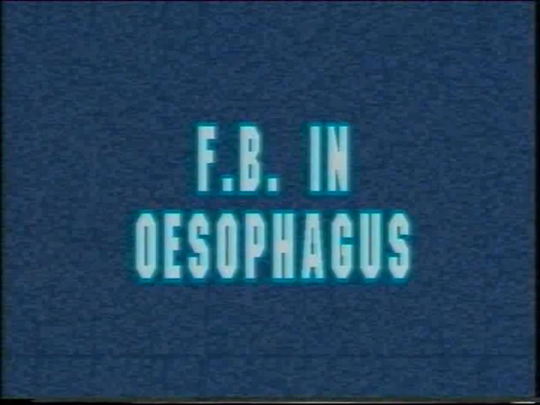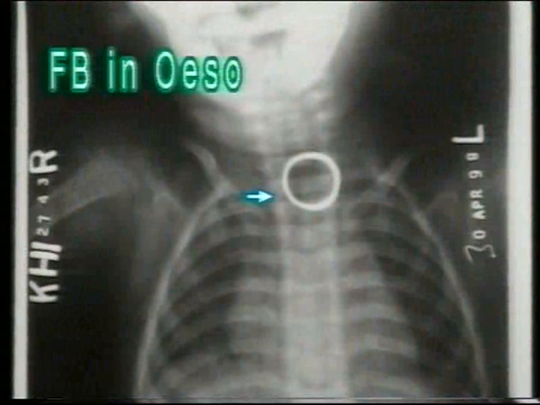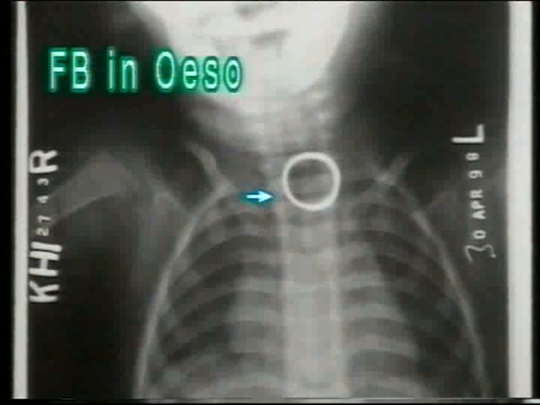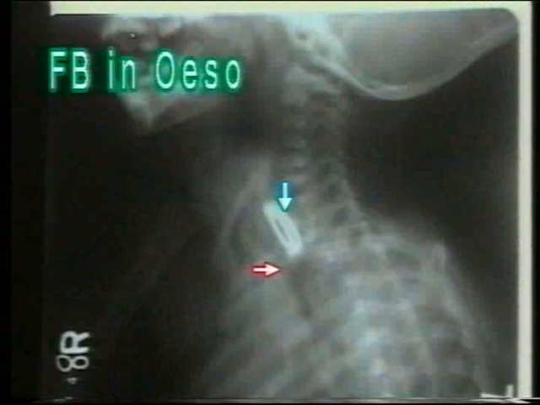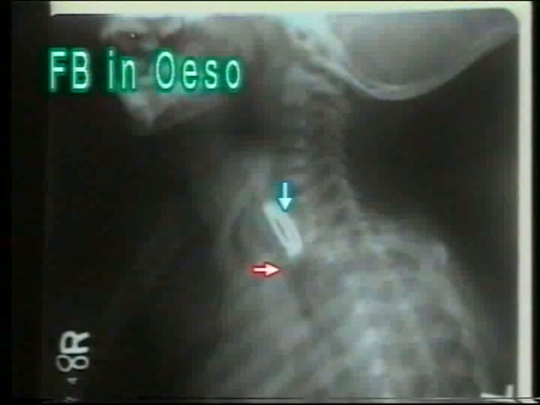Esophagus is a very common site for lodging of swallowed foreign bodies, especially in children who accidentally swallow coins, pins, rings and practically anything swallowable. Note this ring in the upper end of the esophagus. It could also be lying in the trachea. A lateral view will show whether it is lying in the trachea or esophagus. It clearly shows the radiolucent shadow of the trachea lying anteriorly and the ring is in the esophagus between the trachea and the vertebral column.